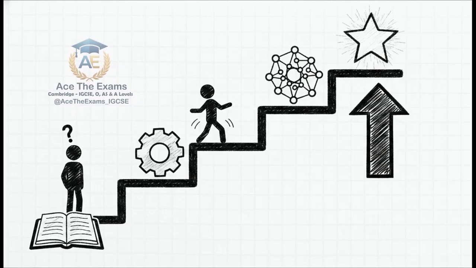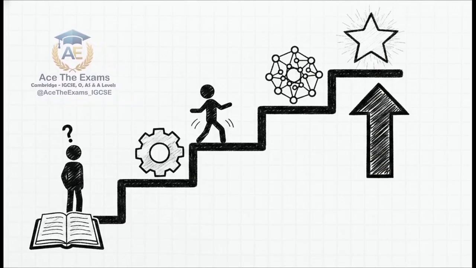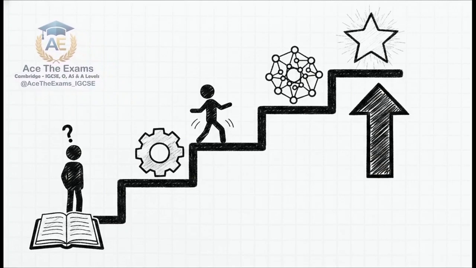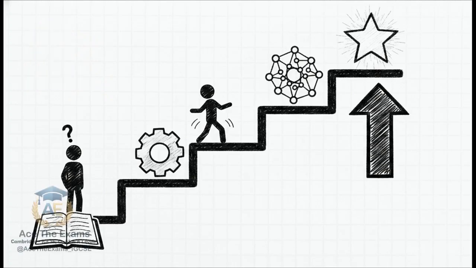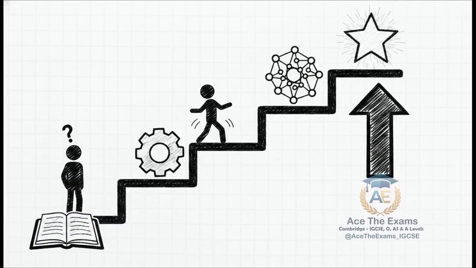Second, application. This is where you take those facts and specifically apply them to the unique scenario provided in your exam paper. And third, analysis, the absolute highest tier. This requires you to break down complex systems, evaluate different alternatives, and ruthlessly justify your reasoning. Remember Alex? Alex usually stops at knowledge, just drops facts and leaves. Sam completely messes up the application because of rushing. We are going to ensure you hit all three levels perfectly, focusing heavily on that analysis tier to absolutely maximize